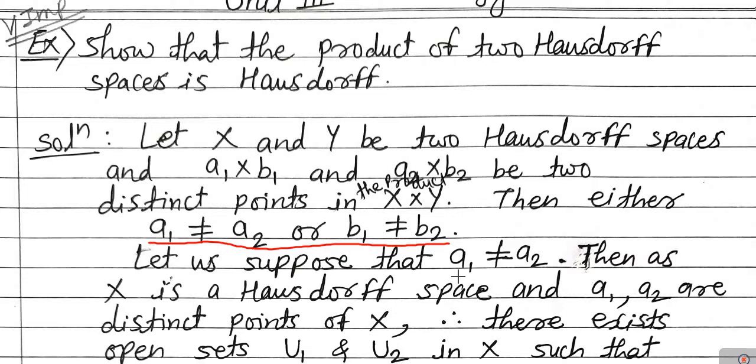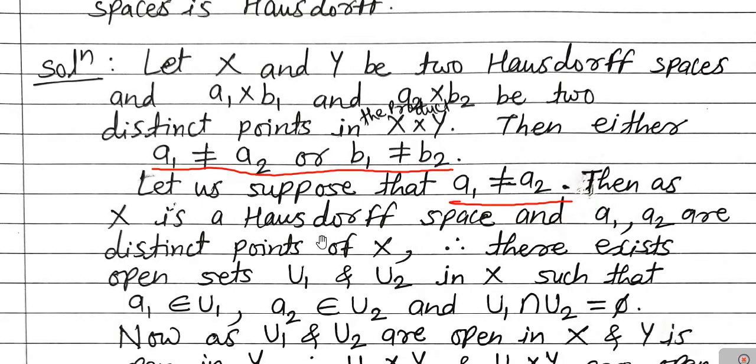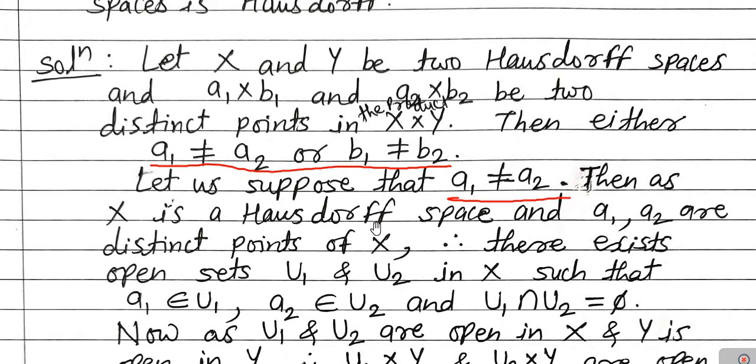So let us suppose that A1 is not equal to A2, meaning A1 and A2 are distinct points from the topological space X, and X is a Hausdorff space by our supposition. Next, as X is a Hausdorff space and A1 and A2 are distinct points from it, therefore by the definition